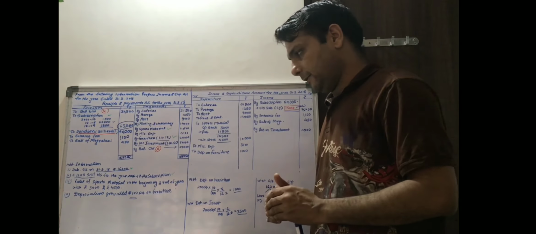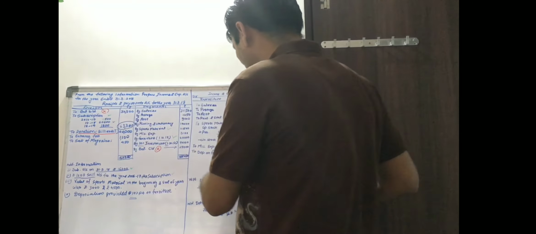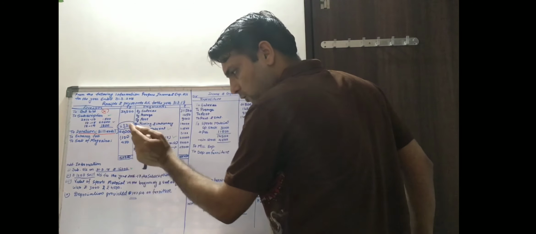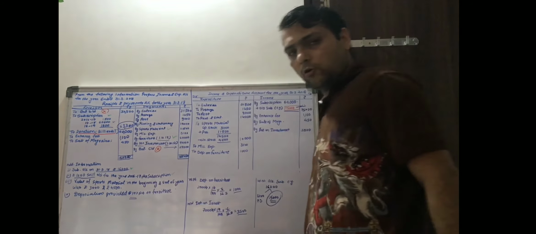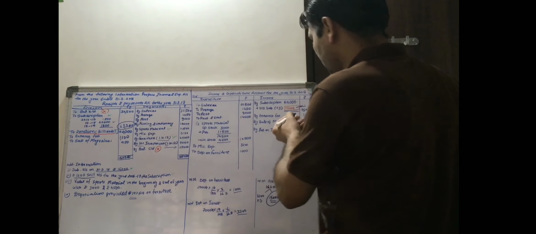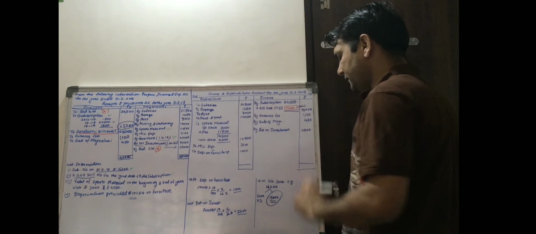And after that, check if anything is left. The balance we already cancelled, so no need to do it. All the items of receipt and payment, one by one, we are managing. See the adjustments. This is over, this is also over, this is also over, and this is also over. So all the adjustments are completed. Now it's time for closing the question. I think this side is more. By looking at the values, the credit side is more.